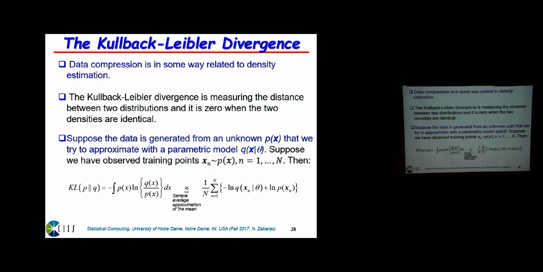And obviously the samples are independent, identically drawn from this distribution. But what is this? It is the log likelihood, okay? So it comes out that minimizing the distance of Q from the empirical distribution of P is the same as maximizing the log likelihood of Q. I mean, really the data drawn from P, but because you don't know P, here you maximize the likelihood using the approximate distribution Q.